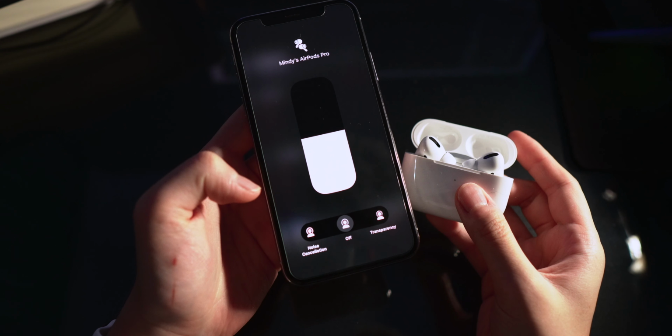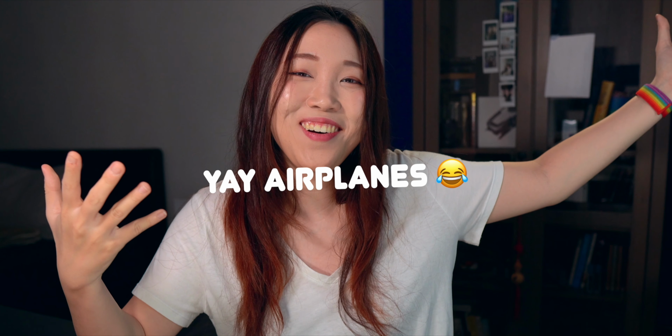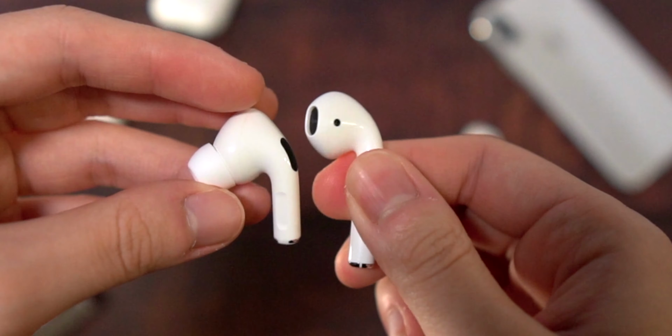Audio quality wise, I would say that both is around the same, although when ANC is turned on for the AirPods Pro, I really love the sounds coming from here. Maybe it's because ANC actually blocks out all the outside noise and the only thing I'm hearing is the music itself. Maybe that gives me the impression that the audio quality is slightly better than the AirPods. For me, I feel like the difference between the sound quality is negligible and I'm actually quite happy with how